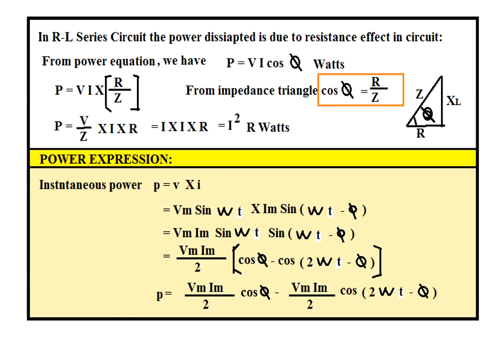In an RL circuit, the power equals VI cos phi. We know that from the impedance triangle, cos phi is also equal to the ratio of R by Z. Hence, you replace cos phi with R by Z and develop the expression. It becomes V by Z into I into R. What do you mean by V by Z? It is the RMS value of current. So, finally it becomes I square into R.